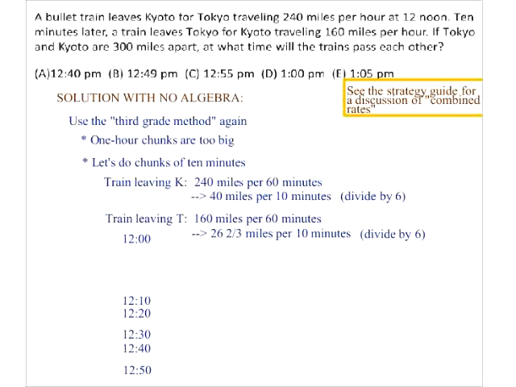So let's go ahead and take a look. So 12 o'clock, the Kyoto train hasn't gone anywhere, and neither has the Tokyo train. So this is 0 miles and 0 miles. At 12:10, the Kyoto train's gone 40 miles, and this train is still chilling, because it doesn't leave until 12:10. At 12:20, it's 80, 120, 160, 200 miles. And then this train has gone 26 2/3 of a mile, 52 4/3 is 53 1/3 of a mile, and